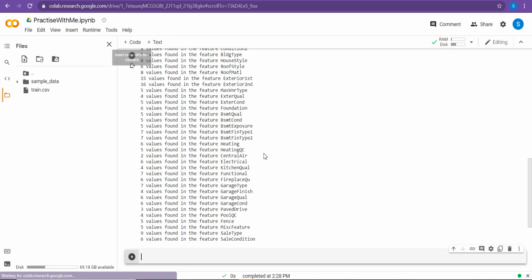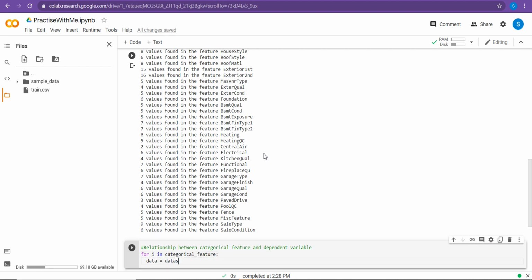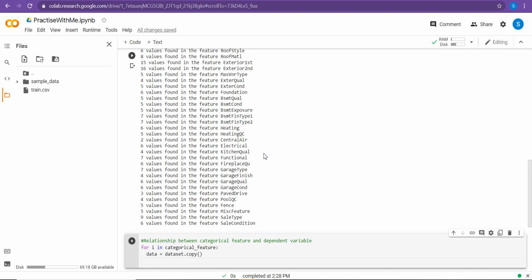Okay, so I will plot the relationship between the categorical features and the dependent feature. I'll plot with median. So sale price is the dependent feature.